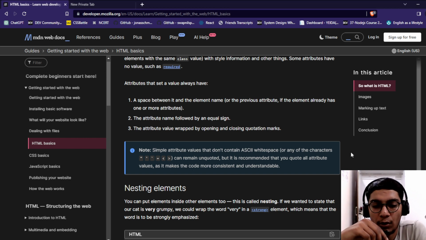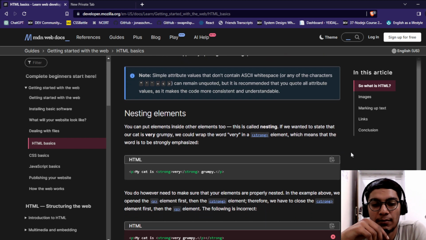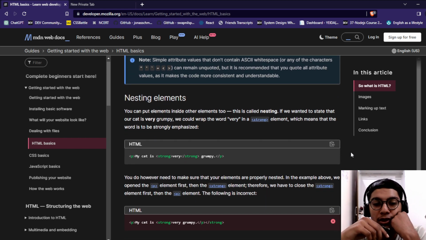We are going to talk about nesting elements. What does nesting elements mean? You can put an element inside another element too. It's called nesting. If you want to state that our cat is very grumpy, we could wrap the word very in a strong element, which means the word is strongly emphasized. So here we are talking about two different tags. Nesting means we can put one thing inside another,